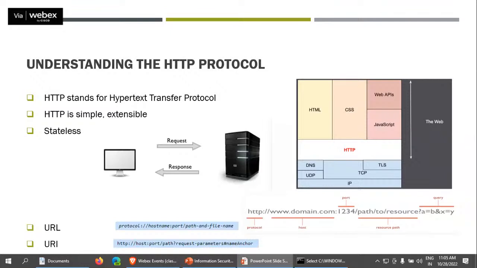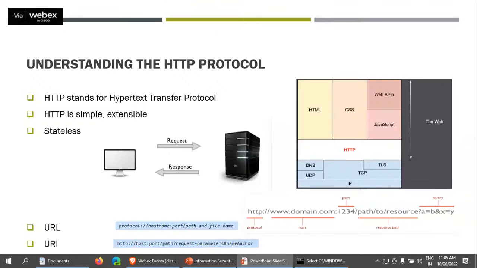And if you are working with HTTPS, it means that the protocol is secure, and that service will work on port 443. Earlier, HTTP was running on 80, but these days we are not working with HTTP because it is not a secure protocol. How is it not secure? Because whenever we transfer data via HTTP, a man-in-the-middle attack can happen, and anyone can read the data and modify it in between.